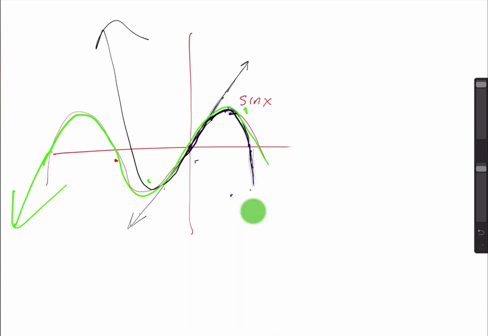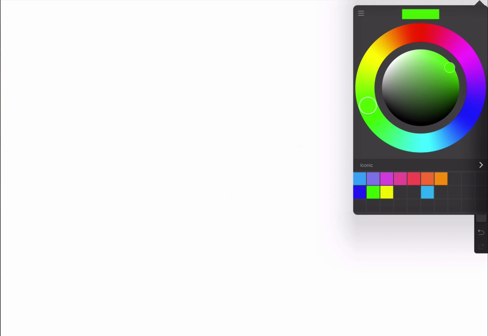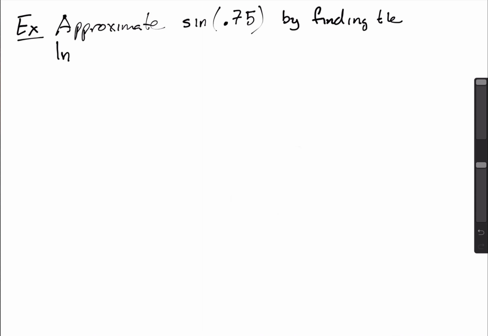Okay. All right. So let's do another example. Let's say you want to approximate sine of 0.75, by finding the linearization of sine of x at